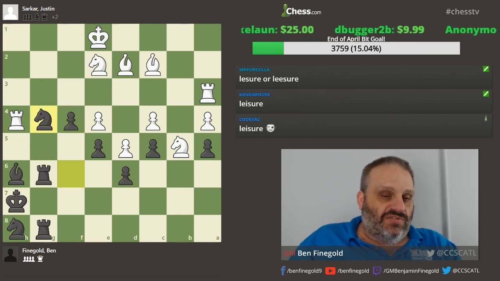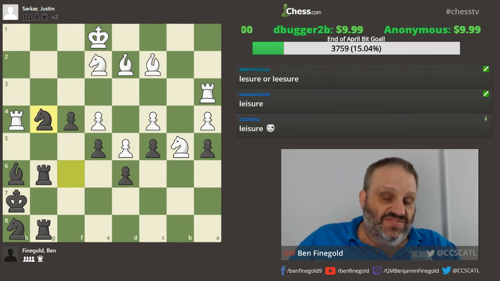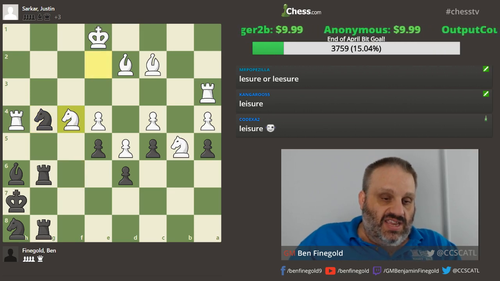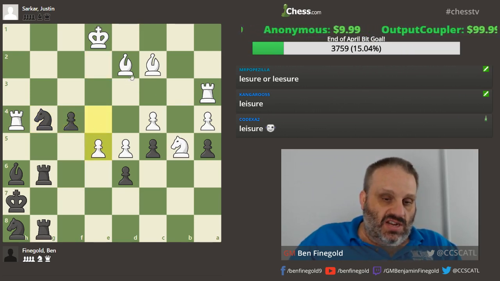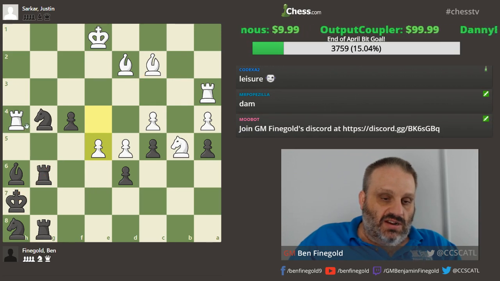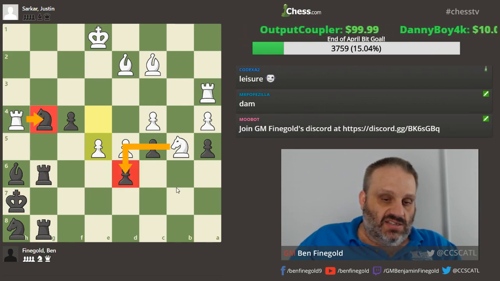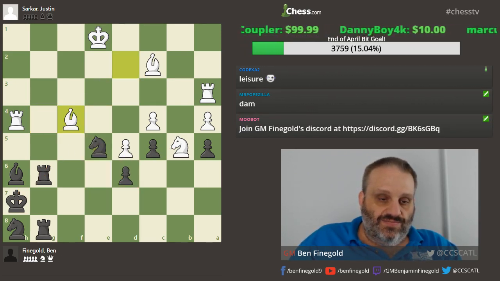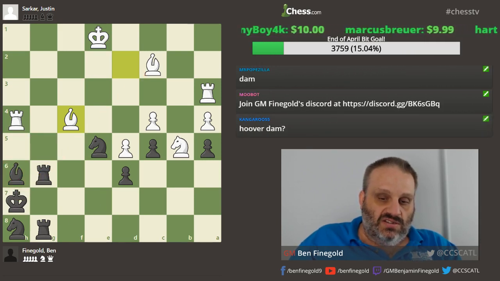Now this is just winning for white. He's up a piece, but he won the quickest way. I can't take with the bishop. My bishop's pinned. Now my rook's pinned. So he's threatening rook takes knight, and knight takes d6. Now he's threatening rook takes h6 check because my rook's pinned.